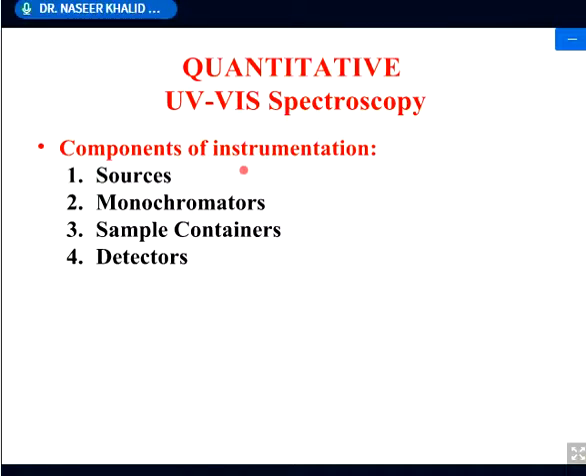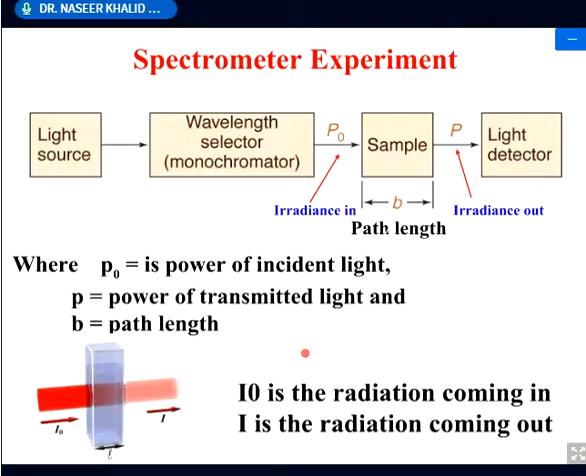So the components of the UV visible spectrophotometers are very similar. We know these are the sources of UV visible radiation, the monochromator, sample containers, and the detectors. So these are very simple instruments, and we are going to discuss all these components one by one. Okay, number one,